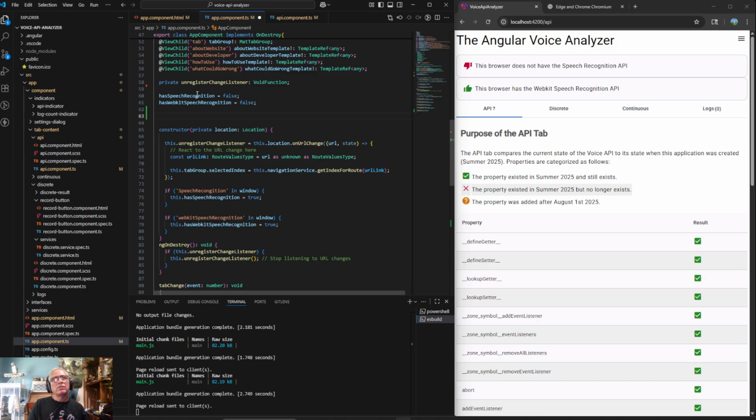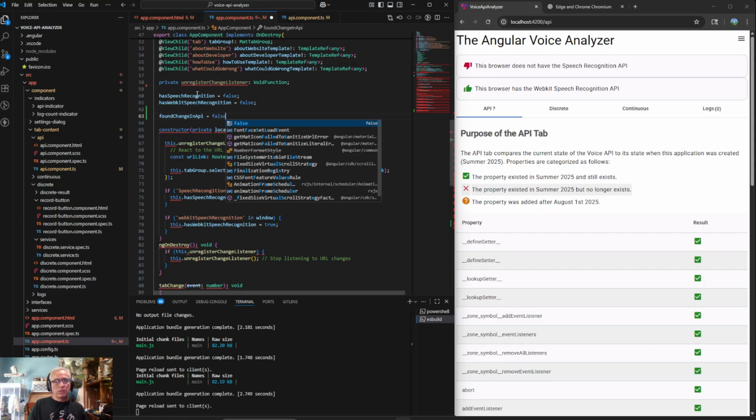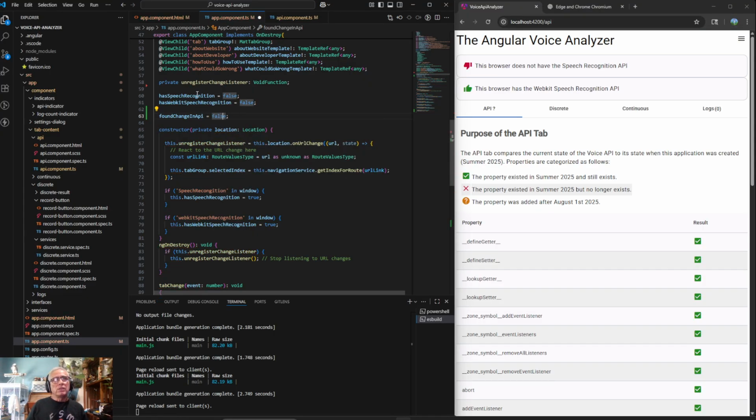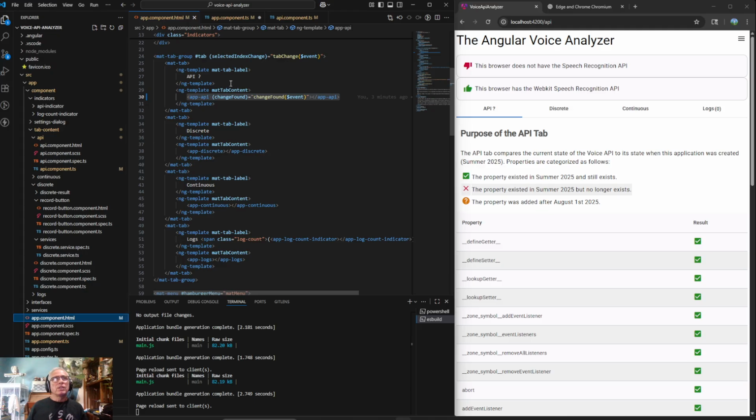So found, let's see, found change in API equals false. And then if we take this and we go to here and we just do this and we put this in our brackets,